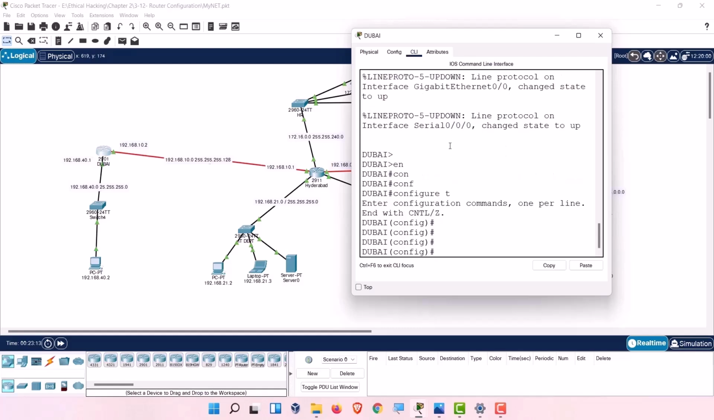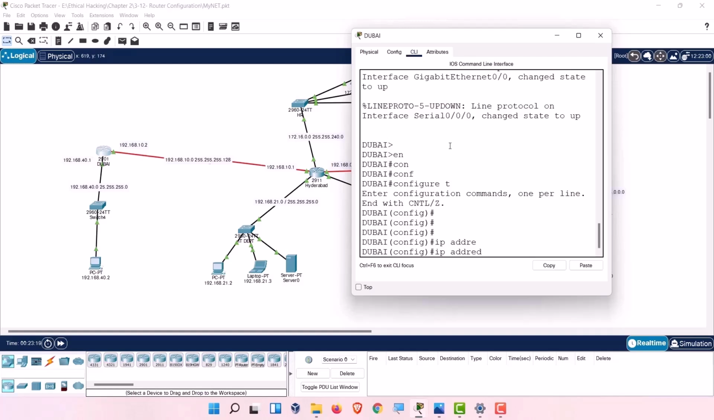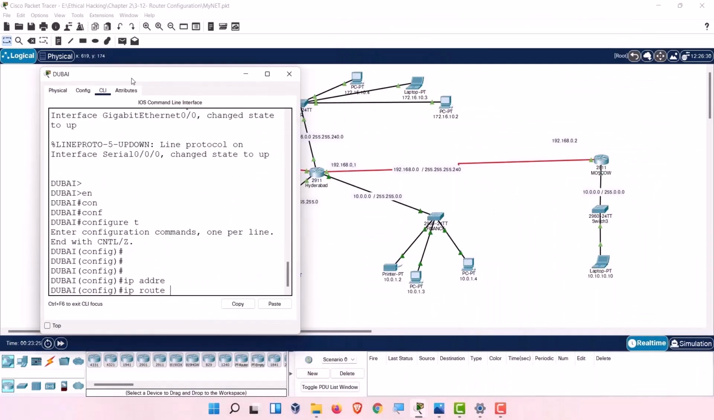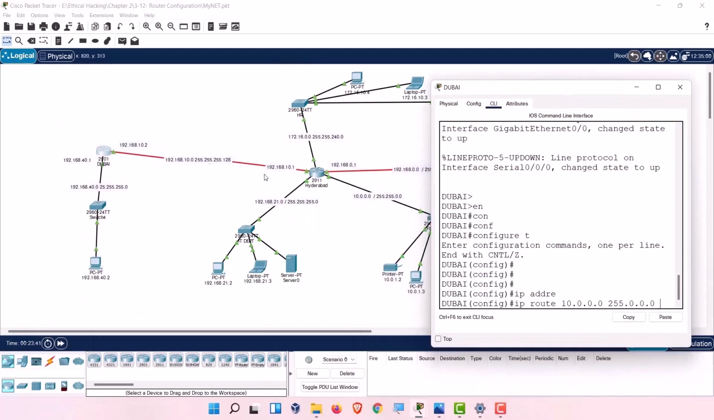So we are on the global configuration mode. Now IP address, sorry, it's IP route. So what is the destination network? First destination network, let us take this one as a first destination network: 10.0.0.0, subnet mask is 255.0.0.0, and for this the next hop IP is